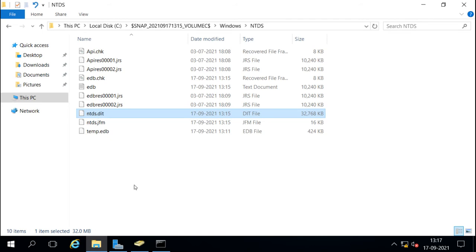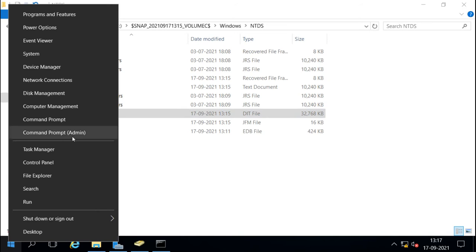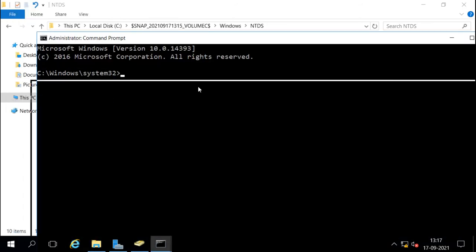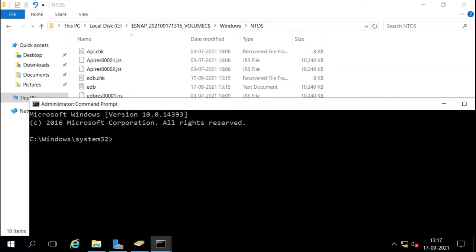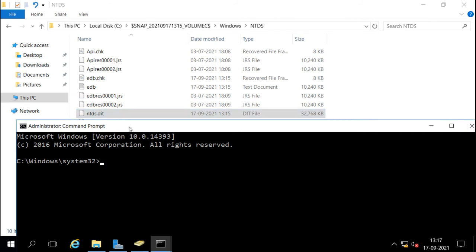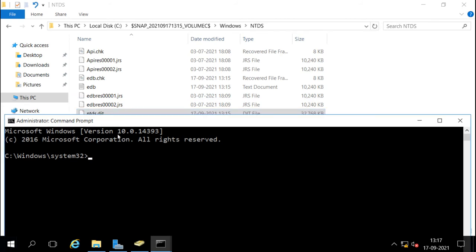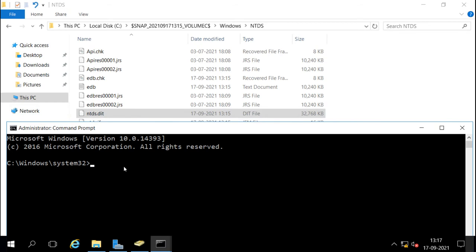I will open one more command line here, because I want to see the users from this database. I will run this database, and for that I will run the command dsamain, directory service access main, and then I will say dbpath, and mention this path here.